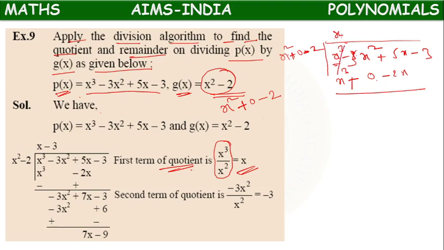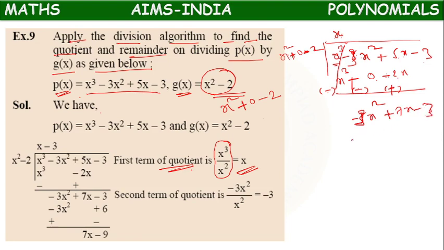Now x cube cancels because we are changing signs: minus, minus, minus. x cube cancels. Minus 5x square minus 0, so minus 5x square. It is 3x square plus 5x. Minus change means the symbol will change; we already have minus, so we keep plus here. So 5x plus 2x is 7x. Plus 7x. The next number we will carry down.